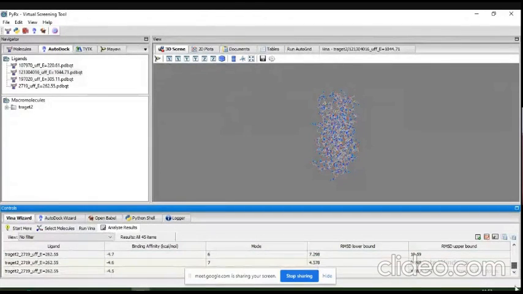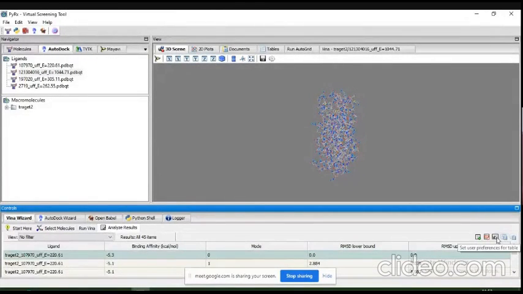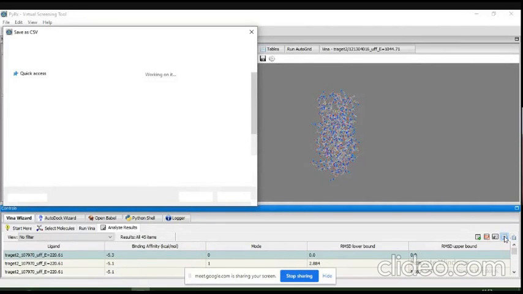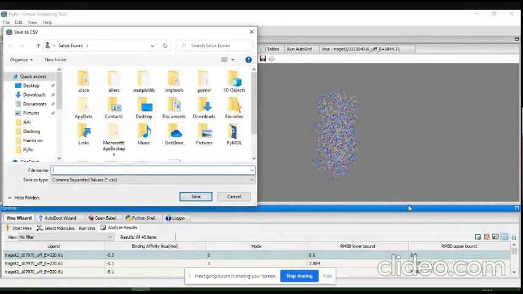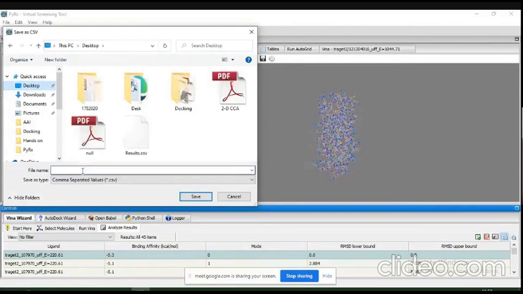So from here, these results can be saved in CSV format. When we click here, you can see the binding affinity, RMSD lower bound, RMSD upper bound. That can be saved here. I already saved another result, but again I'm saving. This was the result which I showed you, that was the run.